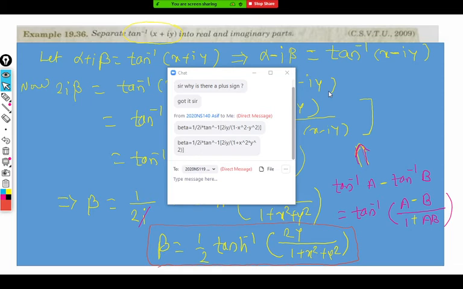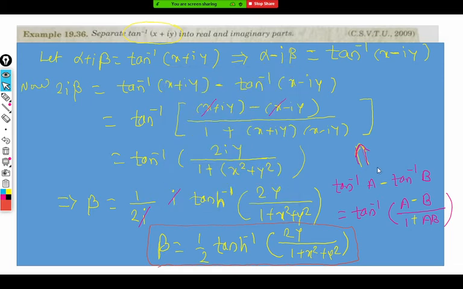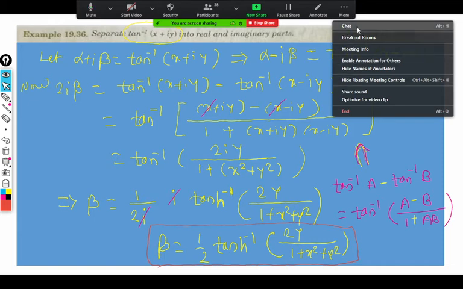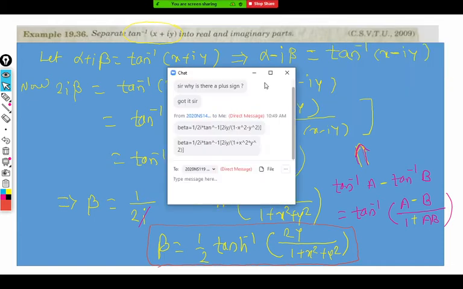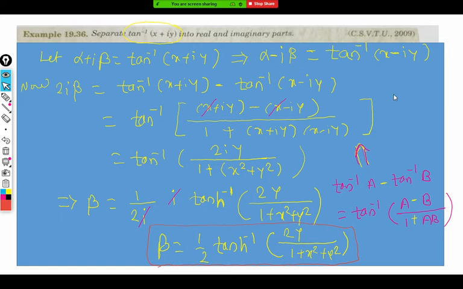Remember, beta you cannot keep in iota form. It is the imaginary part. This is a silly mistake that many students make in the exam. When the question is to write the real and imaginary part, suppose x plus iy is there, they write real part is x and imaginary part is iota y. So iota y is not the imaginary part. That iota is just a connecting sign which indicates that y is the imaginary part. Are you getting it? So beta should be free from iota. Then only you can say it is the imaginary part. So don't write iota in the imaginary part. Remember. If any doubt, yes, you can ask.